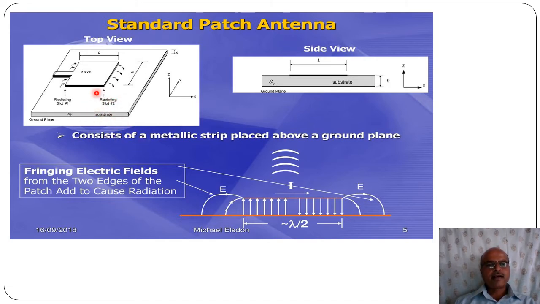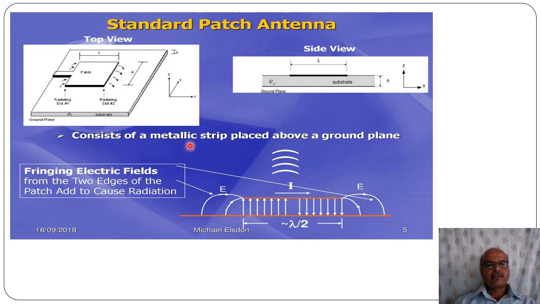As shown in this figure, this is how the microstrip patch antenna works: a fringing electric field is developed. The fringing electric field from the two edges of the patch causes radiation. That is, when a signal or voltage is applied on this side, a fringing field is developed, and when these waves come to this side, radiation of electromagnetic waves takes place, and the antenna radiates electromagnetic waves.